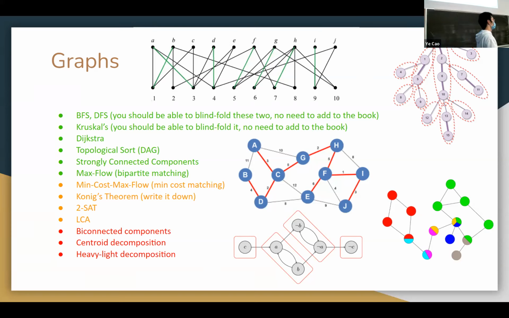Dijkstra computes the shortest path on a weighted graph. Topological sort, which when you ever have a DAG, which is shorthand for directed acyclic graph, topological sort sorts the nodes in a linear fashion such that it preserves the orientation of the directed edges, aka all the edges are either pointing forward or backwards, like forward is our convention.